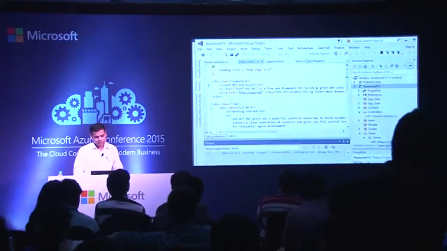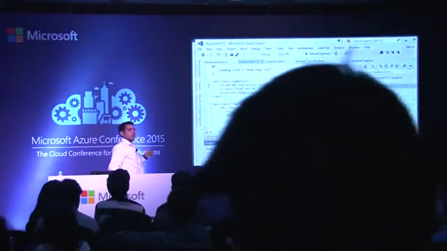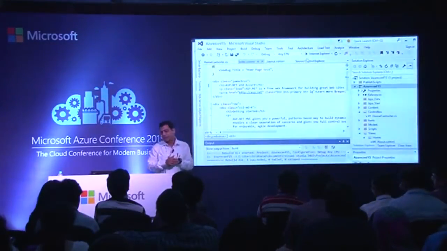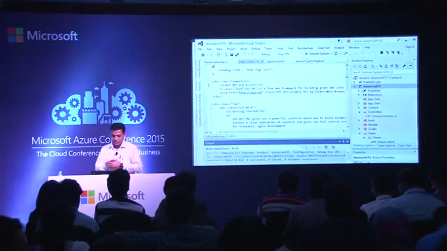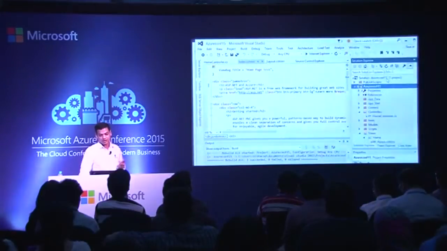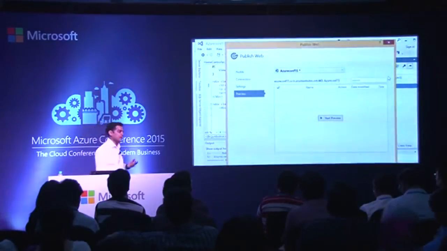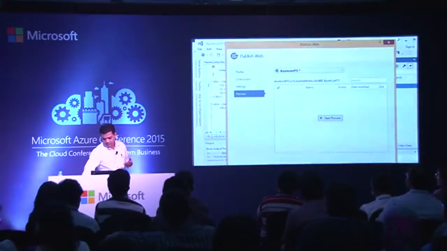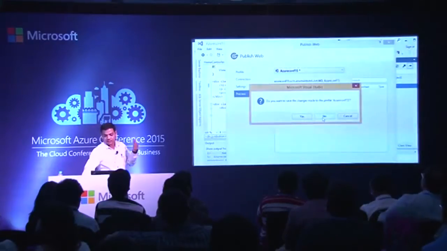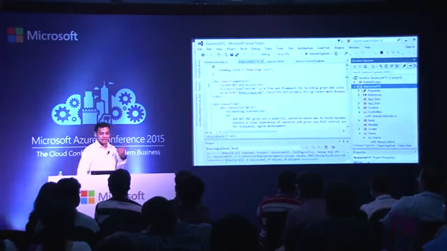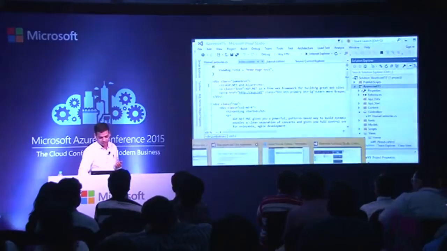I'll rebuild this solution. I've already created a build definition, which has a connection with Azure and other stuff. So I've just rebuilt my solution, and with the changes which I have done, I will quickly publish this onto the Azure, onto the cloud. While I'm doing a build, let me finish that. Because I've used a continuous integration capability, what has happened at the back end here is, if I go to the browser,